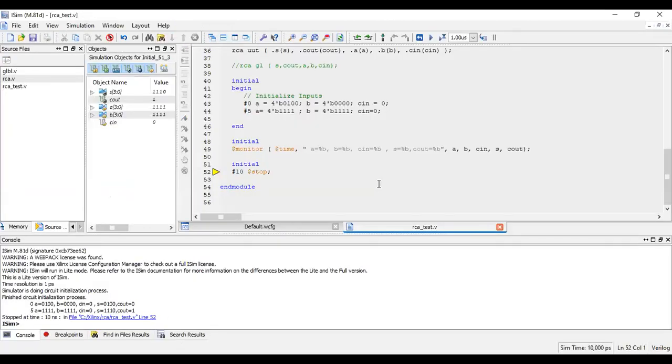We have the simulator which is already open now. Just now it opened. So now let me see the waveform.